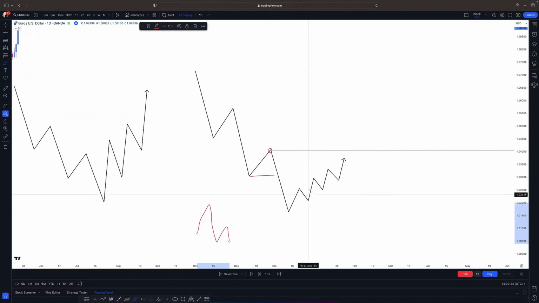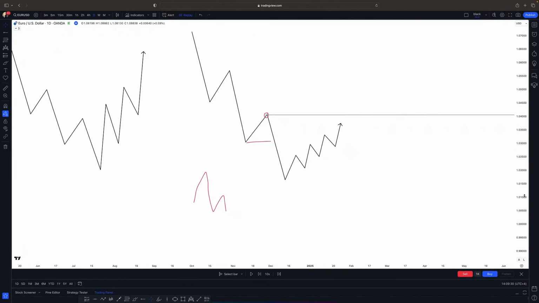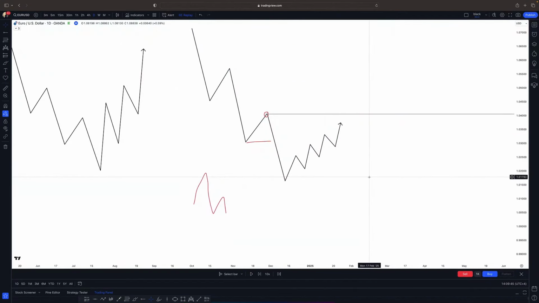Price is creating higher high, higher low, higher high, higher low, higher high, higher low, like that. So this is just a pullback. And when it comes to a pullback, we have different levels where price is likely to pull back to. This is where people add the fair value gaps and other blocks and other stuff on the chart, basically to predict where the market is likely to pull back to before going to the